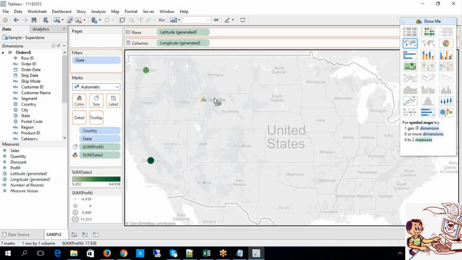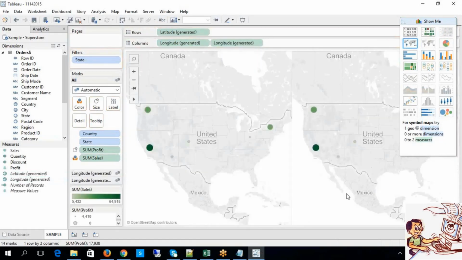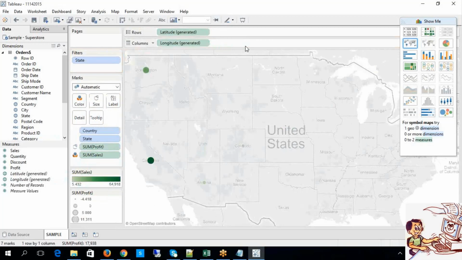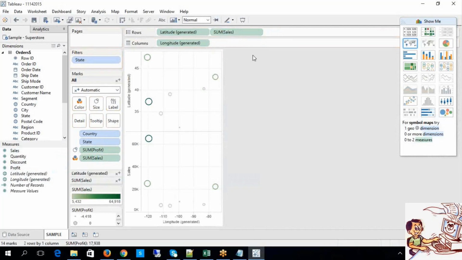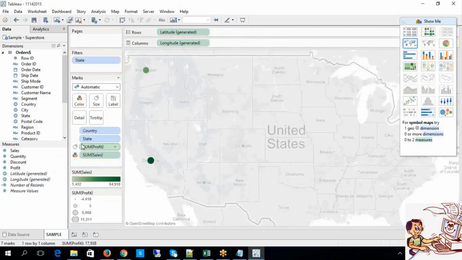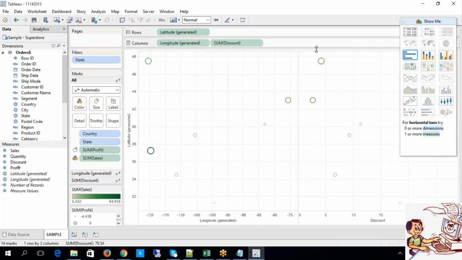So dual maps also can be achieved, but for that you need to have specific measures accordingly. See, automatically it is swapping, because if you don't match the measure criteria, it is going to swap on its own.